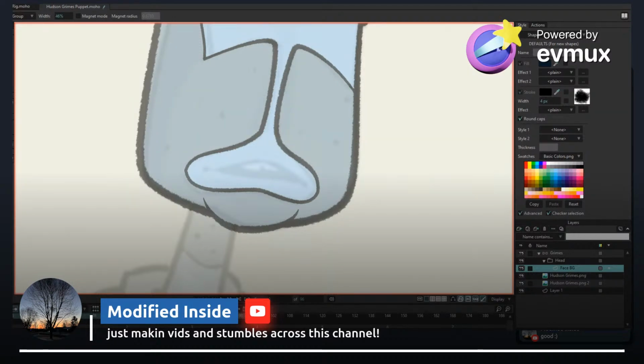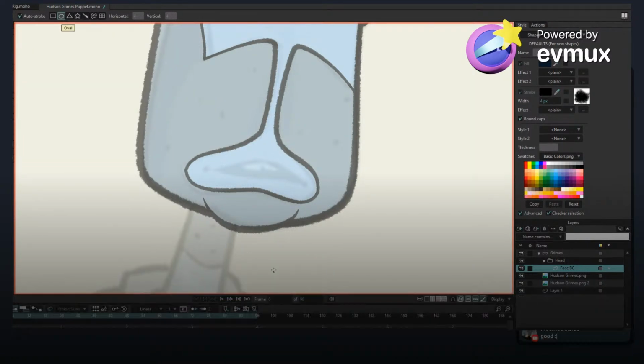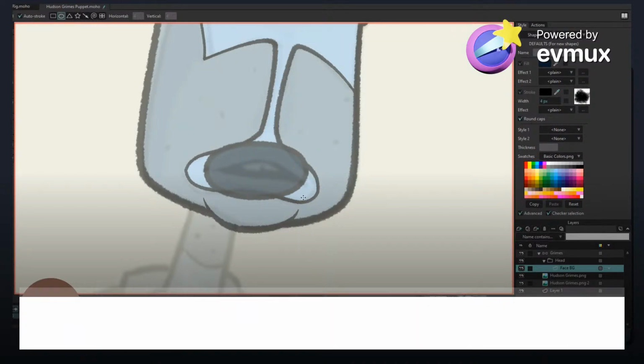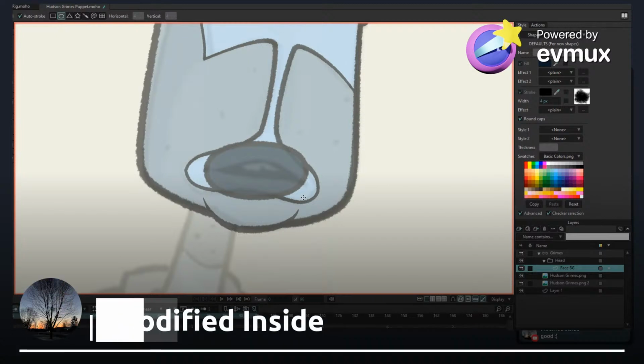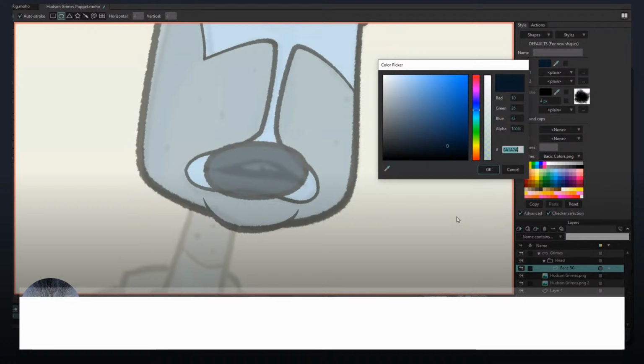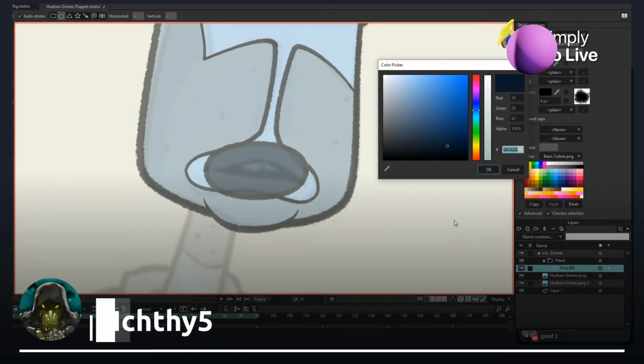So what I'm going to do is create an oval. All right. And there. Now, do I want it completely black inside, or do I want it to have like a dark, dark red or dark, dark blue? What do you think?